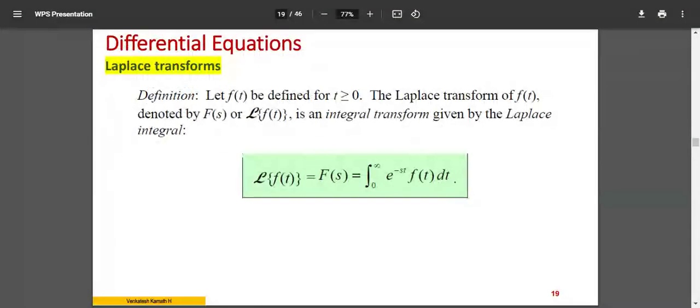From here I will start today's session. So by definition, Laplace transform is a conversion method. Remember, it is a conversion method so that your integration becomes easier. It uses predefined integral forms. That's why it's called an integral transform. So whenever you use the Laplace integral, it's called an integral transform.